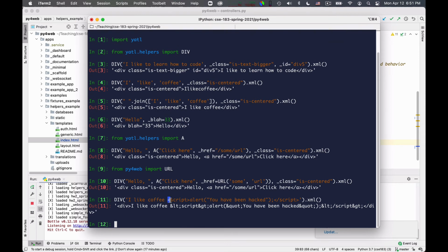So look at what happens. These open and closed greater than and smaller than signs are translated automatically by the templating mechanism into this &lt; and &gt;, and these quotes have been translated into &quot;. So there is a quotation mechanism that happens automatically in the template expansion.